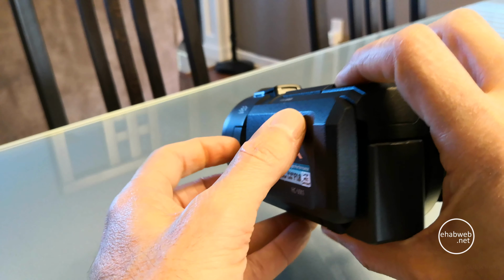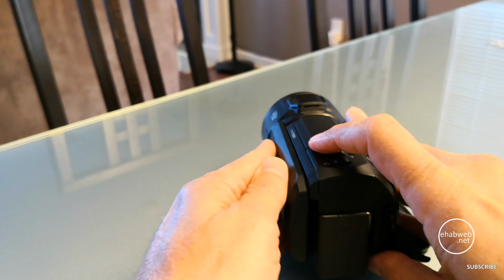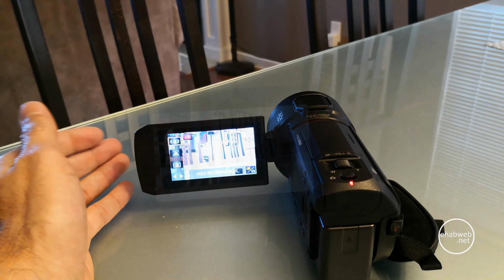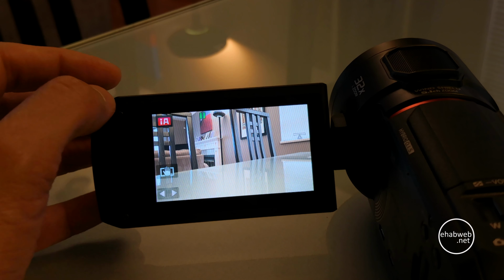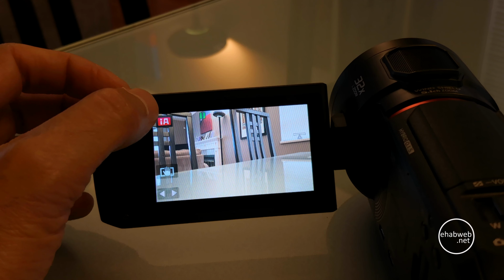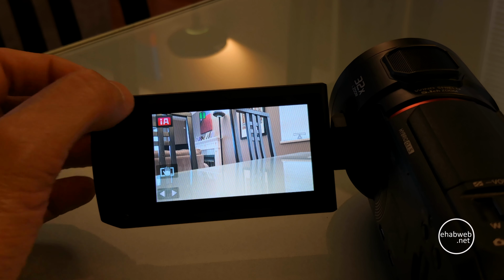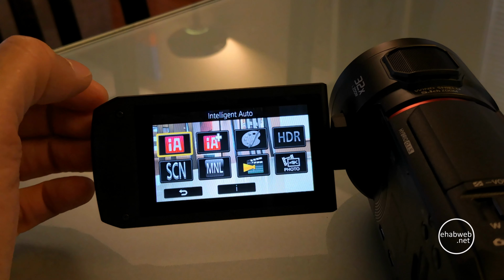So I'll put it here, and then we can see and go through some of the menus in a minute. So let's take a look at some of these menus. Essentially the main menu that changes everything is this one here, which is Intelligent Auto, and this is